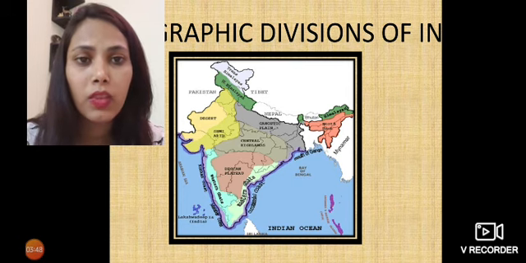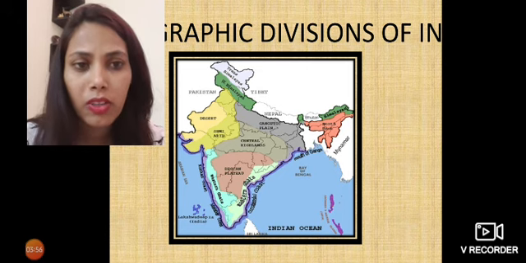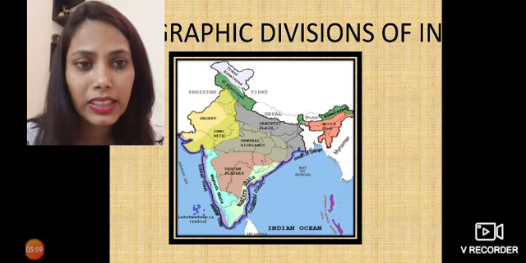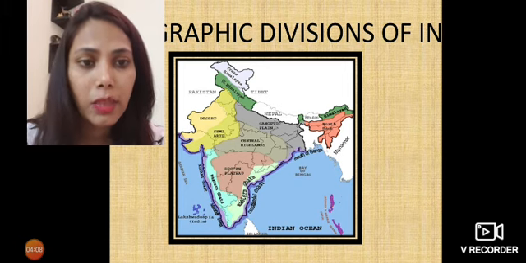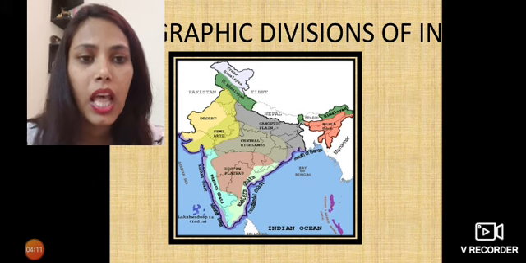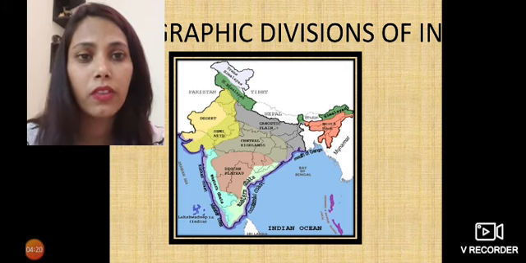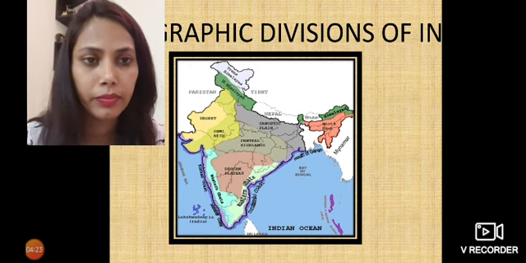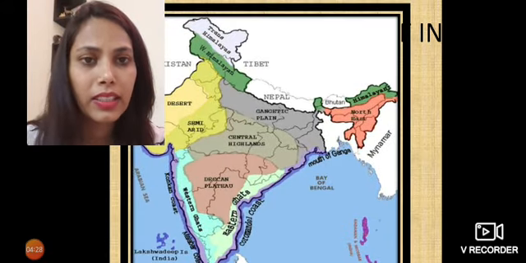Third is the desert, which is in the west, in the yellow color. Fourth is the Deccan Plateau. You can see, everyone, in the brown, the Deccan Plateau is given. The Central Highlands are above, in the north of the Deccan Plateau. Then Western Ghats, Eastern Ghats. This is all Peninsular Plateau. Fifth is the coastal plains given in purple here. And sixth is the island groups. Islands are in the Arabian Sea and Bay of Bengal. So this is showing all the physiographic divisions of India. You can see it clearly.